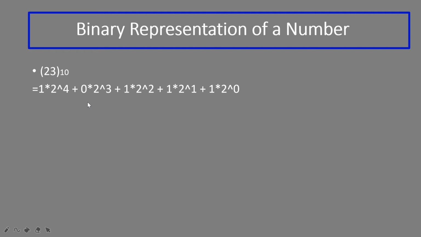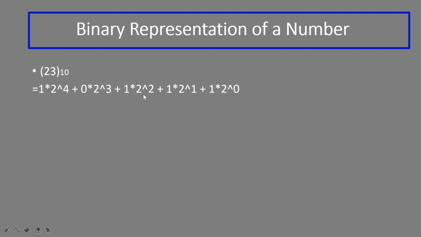So what is the maximum power of base 2 we can use to represent a number less than or equal to 7? It is 2, right? Because 2 raised to power 2 is 4, but if we make it 2 raised to power 3, then it will be 8, which is greater than 7. So for that, this bit is off, and we will multiply it by 0. Then this bit is 1, so we will multiply it by 1.